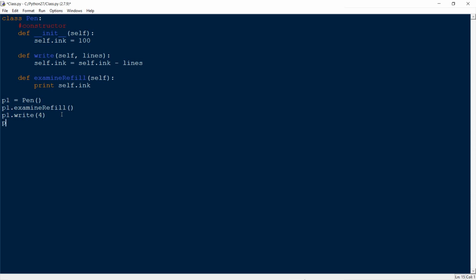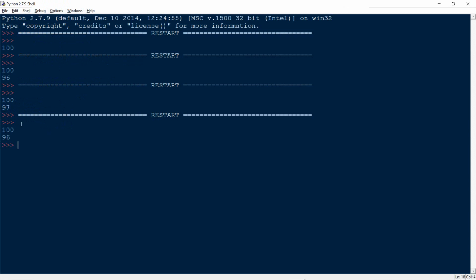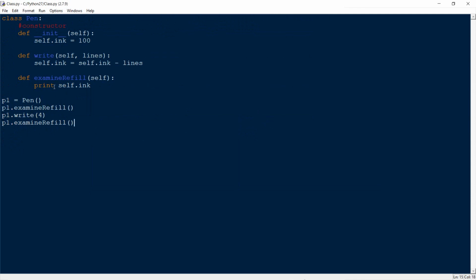So here again I'll do a p1.examine_refill, and let's just save it and run it now. And as you can see, it gave 96 as expected. So we are now accessing this ink only via this examine_refill method right here. The reason is that I don't want to access it directly from here, because I don't want someone to accidentally change the ink in a pen without performing one